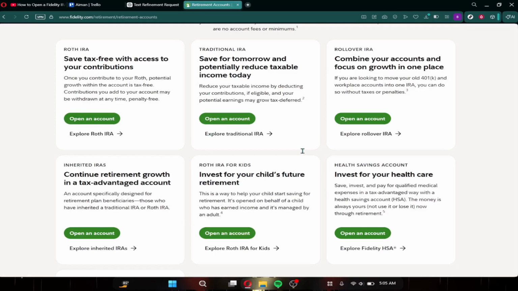For more details or to start the process, you can visit Fidelity official website, where they provide step-by-step instructions and